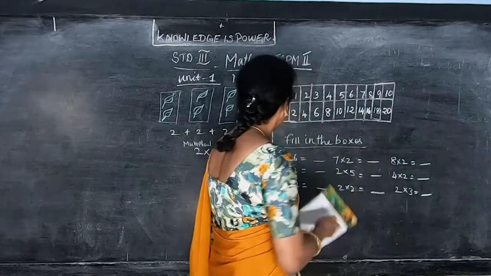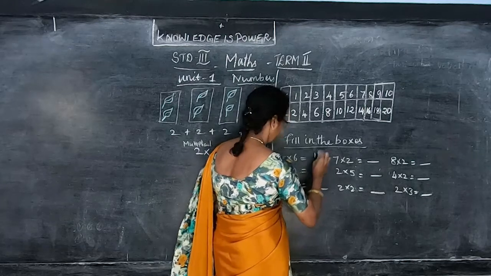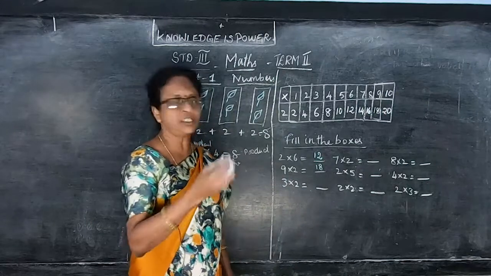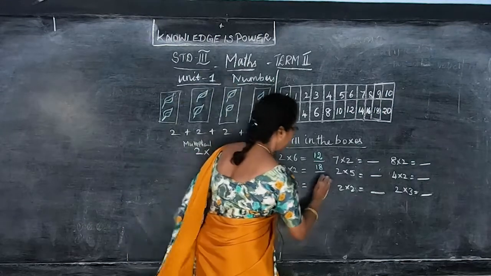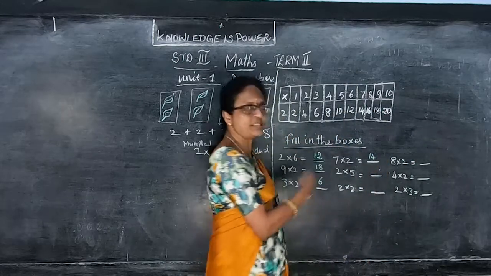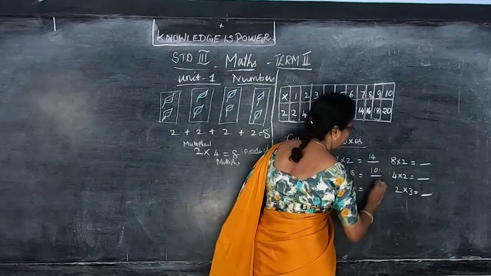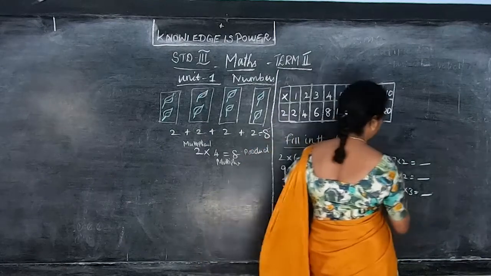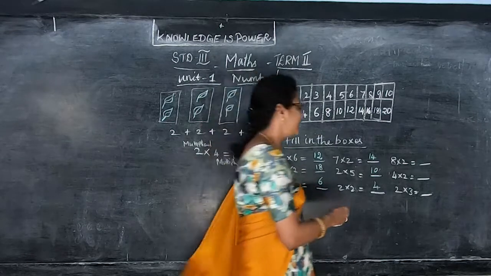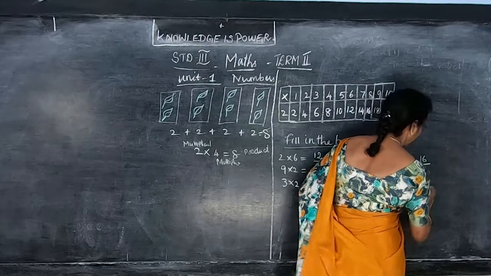So now I'll write the number. So you know already the 2 tables. So 2 6s are 12. 9 2s are 18. That is the 9 tables. Now you can say the 2 tables. 2 9s are 18. 3 2s are 6. 7 2s are 14. That is 2 7s are 14 and 7 2s are 14 is also the same. 2 5s are 10. 2 2s are 4. 8 2s are 16, like that. 2 8s are 16. You can reverse the table and say, also the same answer only. And 4 2s are 8 and 2 3s are 6.